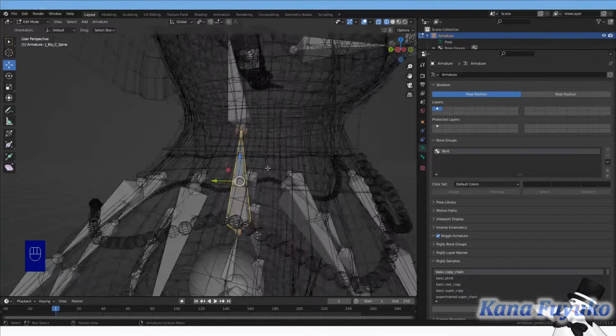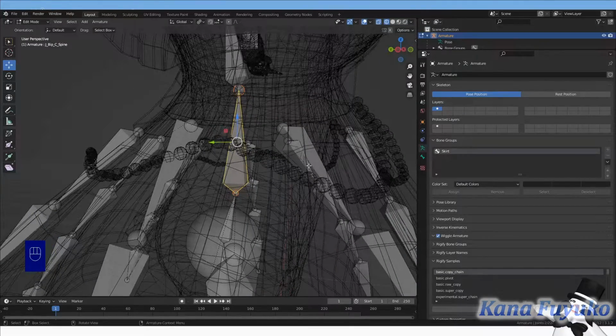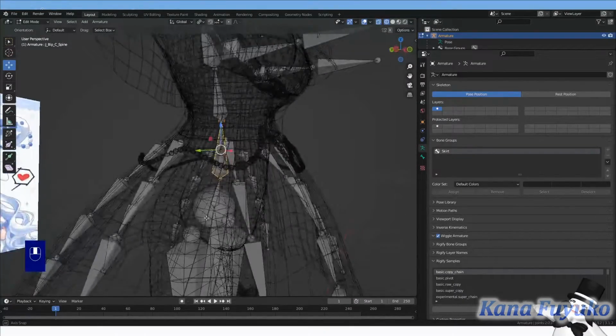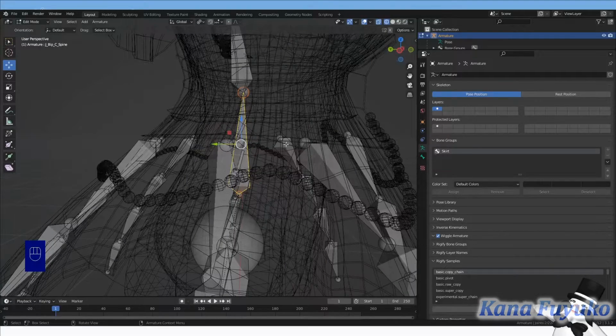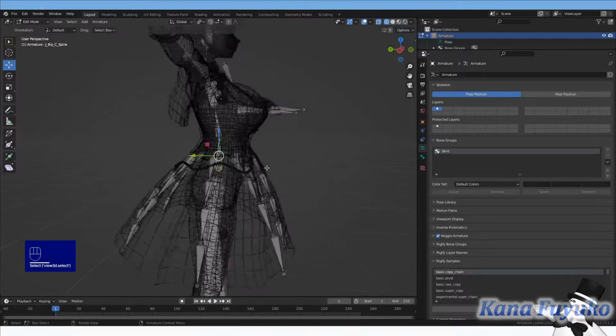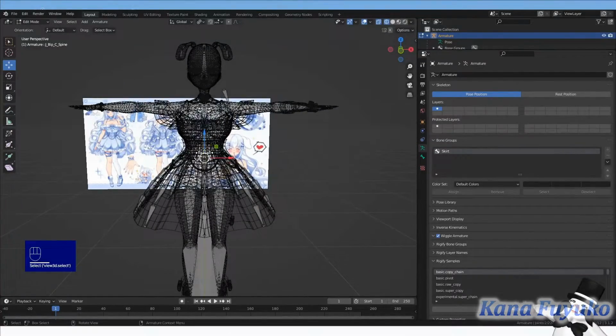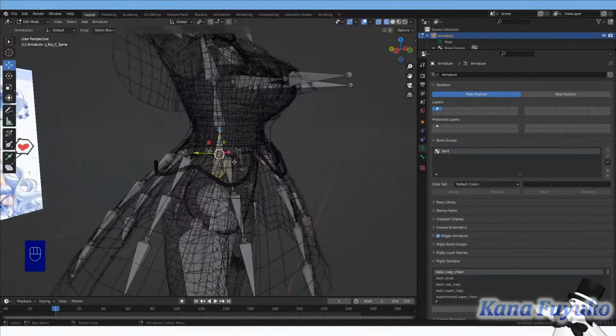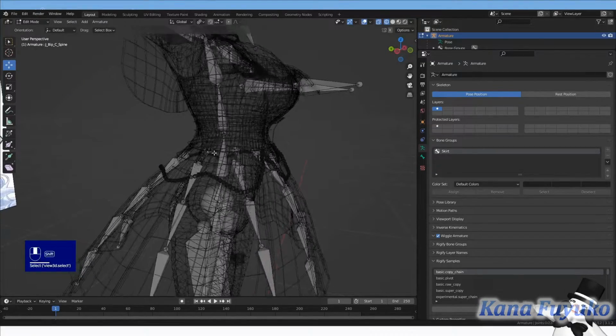For instance, you could have this parented to the hips if you wish, but because this is a lot closer to this bone here, that's why I would parent it here. I've also done something like this with my own model as well.